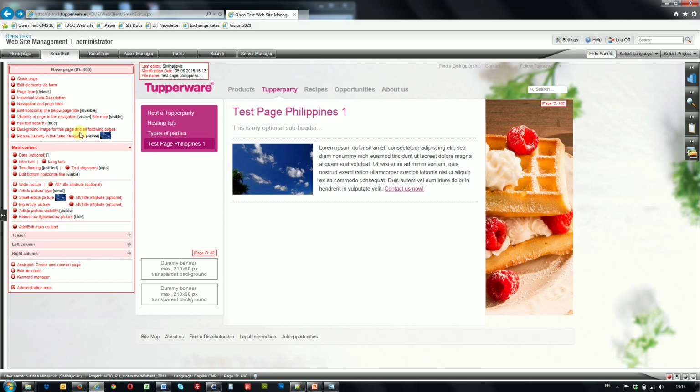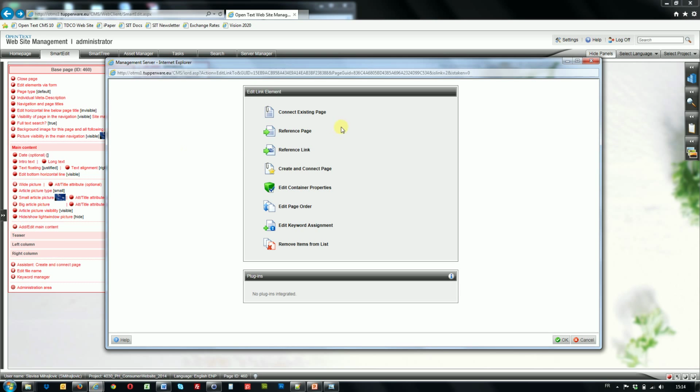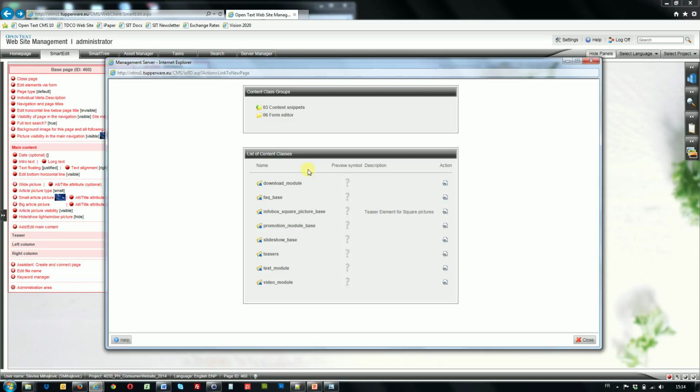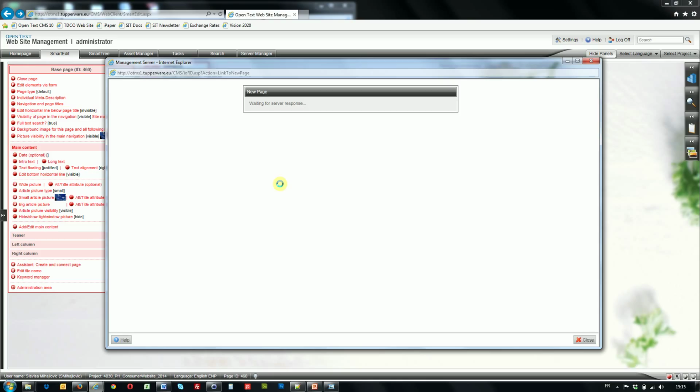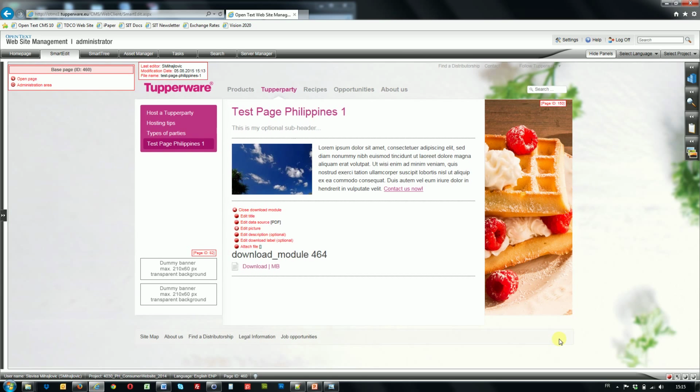To do so, you open the settings like I did here, then you click on edit main content or add main content, then you click on create and connect page because you are adding a new element on this page, and you select the first one, download module. You click OK, the page will refresh,